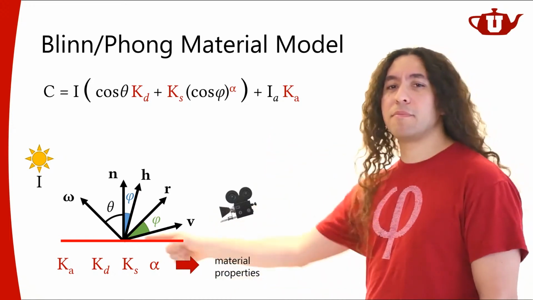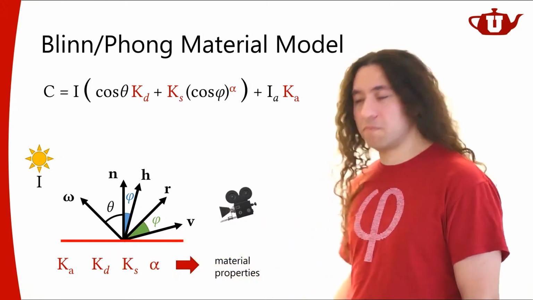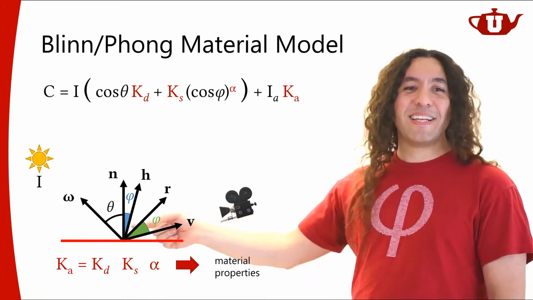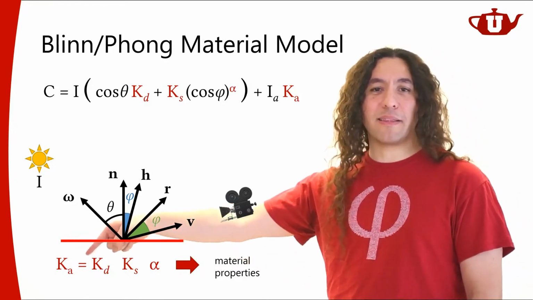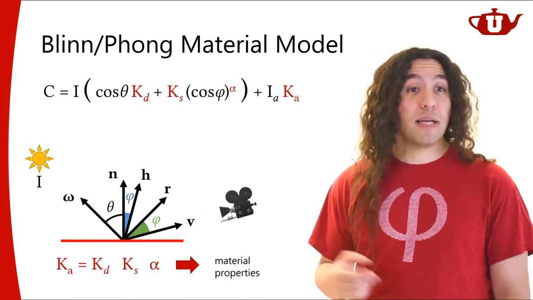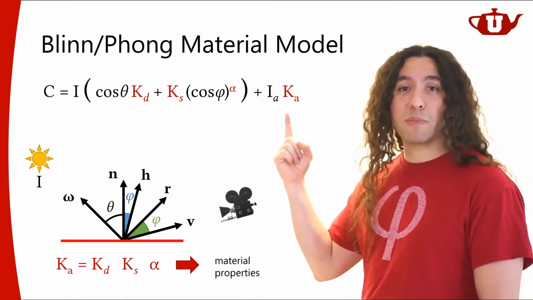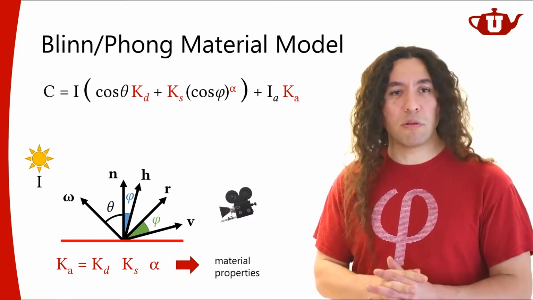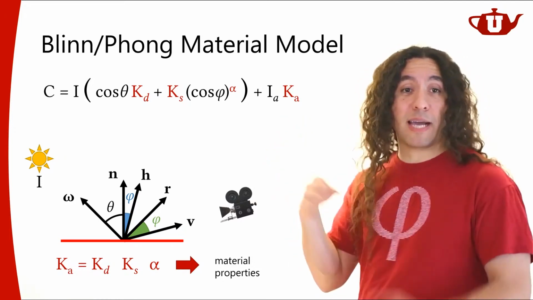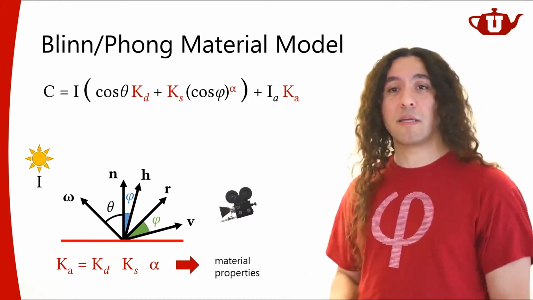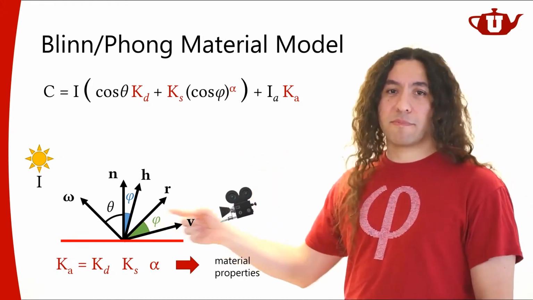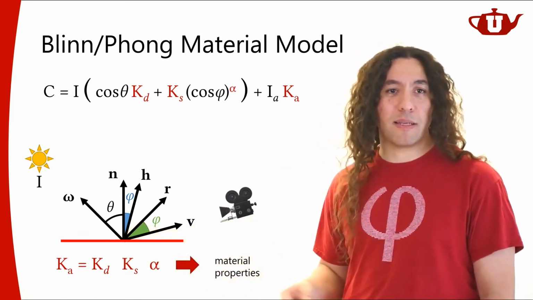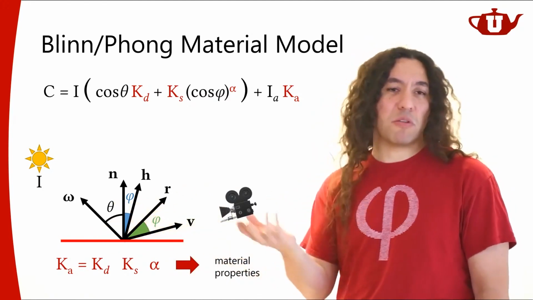So most of the time, even though it's a material term, I'm going to say that my ambient color is going to be the same as my diffuse color. Most of the time, the typical thing to do is to say that they're the same. They don't have to be. A lot of software will allow you to specify this color independently, just to give artists a little more control. So if you see this, don't be surprised. It's actually exposed to the end user so that you can control it. But most of the time, what makes sense here would be to use the diffuse color as your ambient color. So if it's not given to you, you would use a diffuse color.